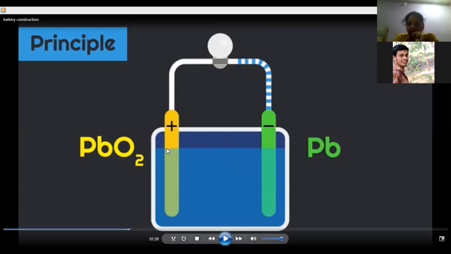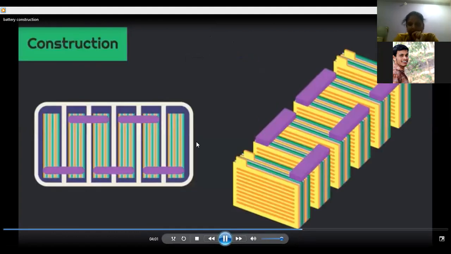So this is the construction, and let us see some more. Look here, we have positive plates and negative plates. The yellow colored sheet you are seeing is a positive plate and the green colored is a negative plate. So like this, you have a combination of plates. You have 6 partitions like this. In the 6 partitions, you have sets of positive and negative terminals, and all these will be connected in series. So the positive side of this will be connected to the positive side of the first, and the negative side of the last will be connected to the circuit. So this is how the battery system will work.